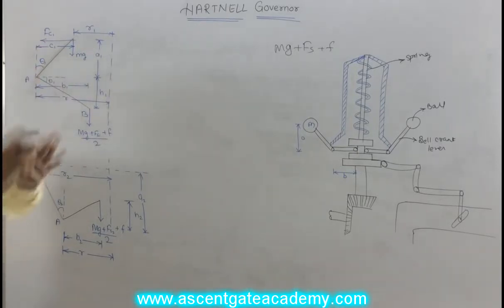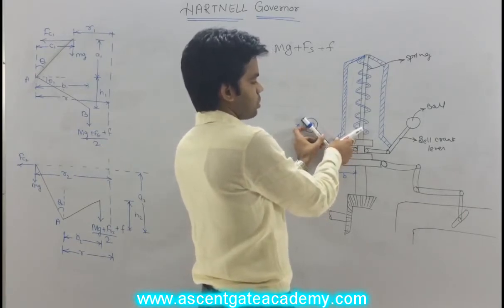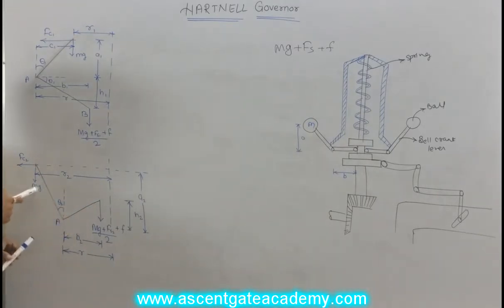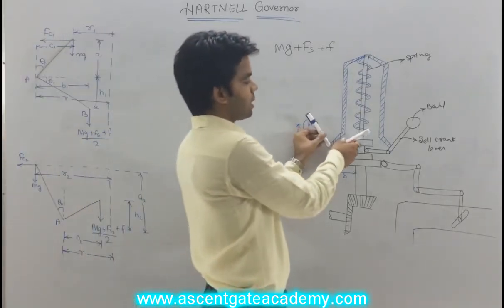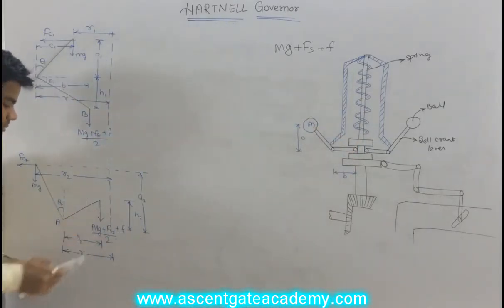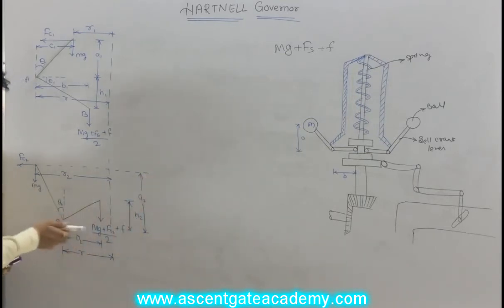Okay. Now, in the next position, the highest position of the sleeve, the bell crank lever is like this. Okay. Mass mg is acting here. Centrifugal force Fc2 will be acting here. Here the complete force acting is mg plus fs2. fs2 is the force of the spring in this highest position of the sleeve. Getting this? fs2 plus frictional force divided by 2. This distance is b2, this distance is a2, and this height from the mean position, this is moving upward, so this height is nothing but h2.